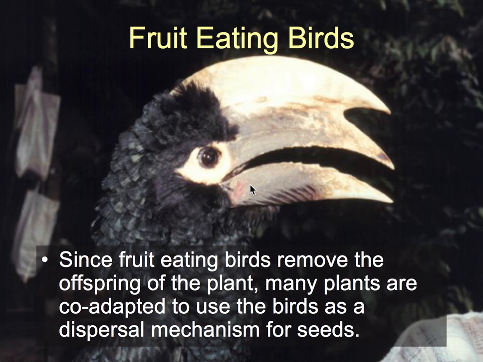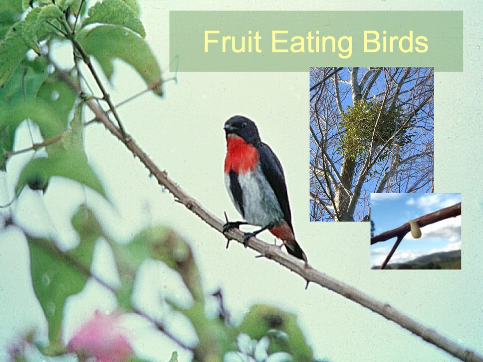And that means that those seeds then can go on and grow wherever they're dropped off by the bird. So a lot of plants have co-adapted to then use birds as a dispersal mechanism. It's helpful for plants if their seeds are dispersed to new areas, and so birds do that for them. And so a good example of this co-adaptation is this bird, I think it's from Australia, called the